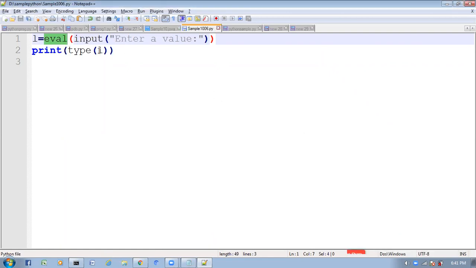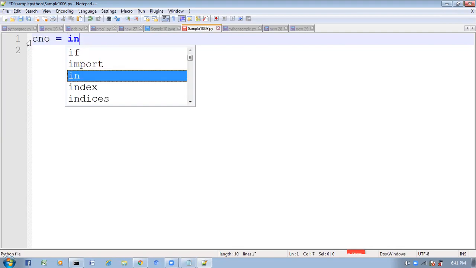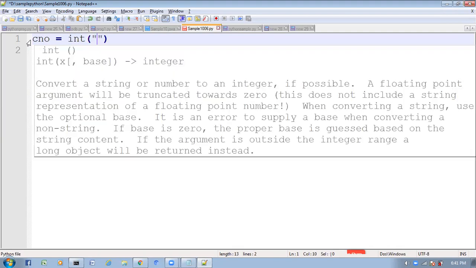Simple. I will take C number, and number means what type? Integer type. So here I will take int, enter customer number.